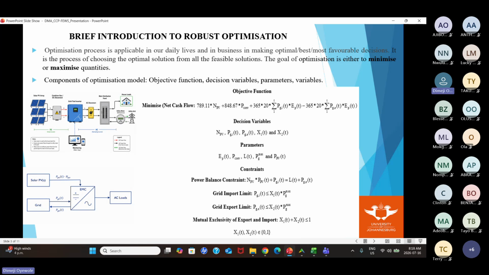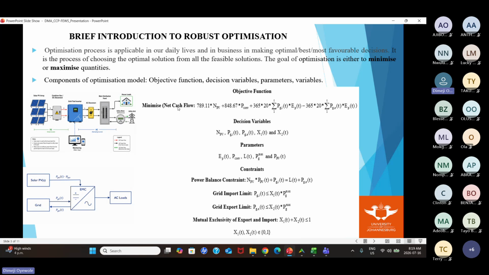And then the optimization model for this kind of system is displayed in this place based on some parameters, right? So you have the objective function. When you have just one particular criterion that you want to optimize, optimization can go in two ways. It can go in maximize or minimize. So if you have just one objective function that you want to maximize or minimize, we call that a single objective function.